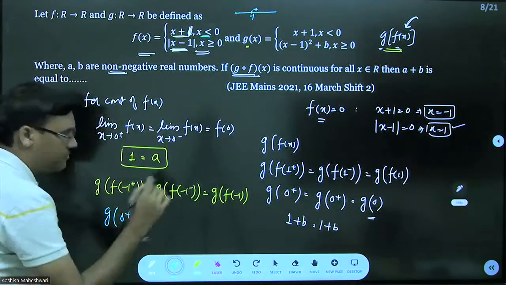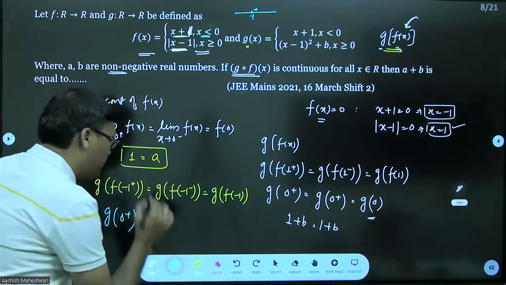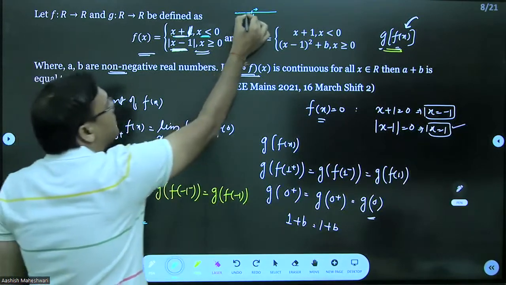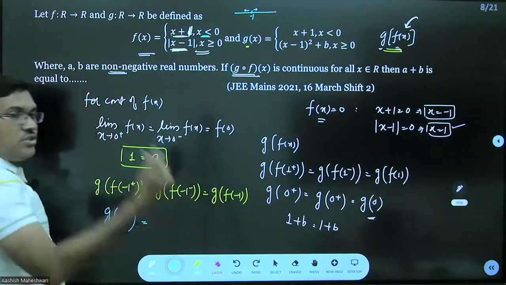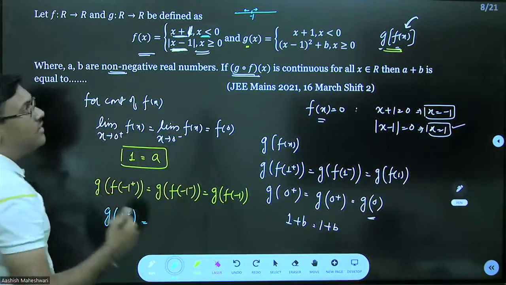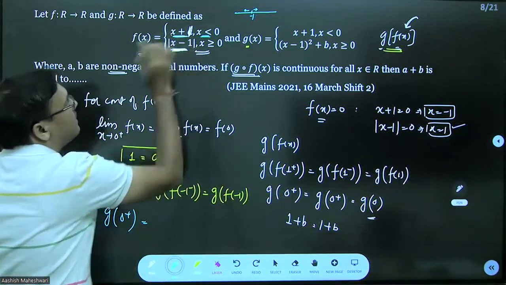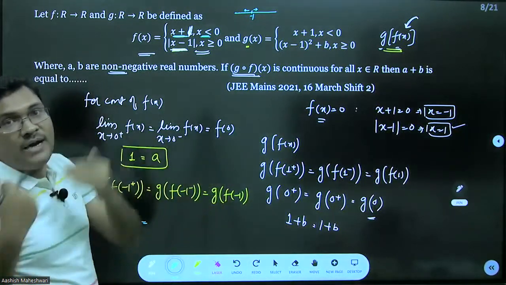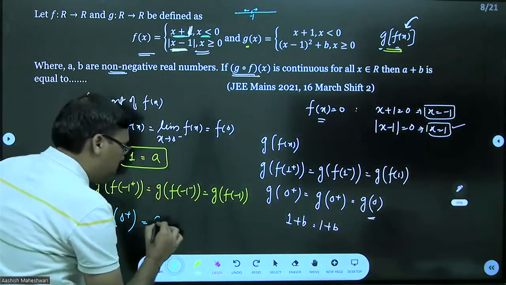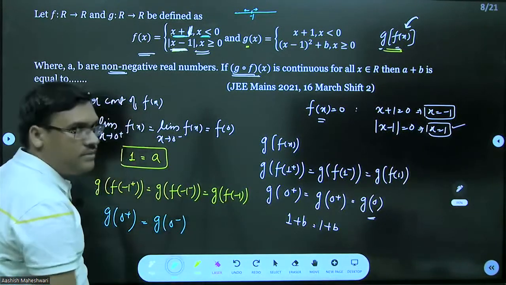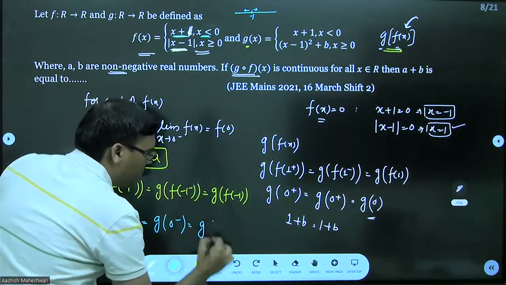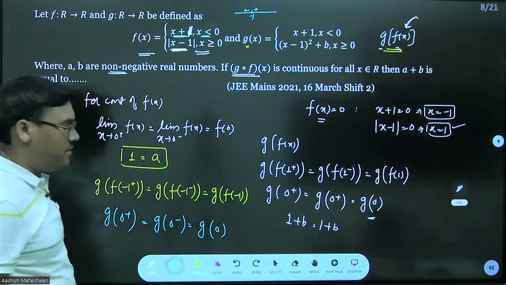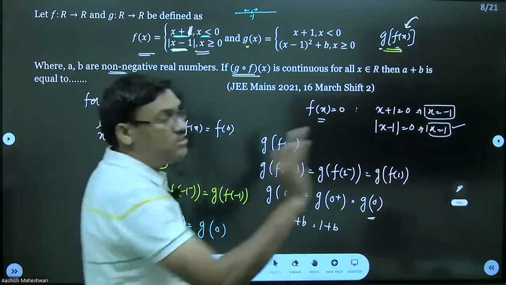g0 प्लस, करेक्ट, ये इक्वल टू, अब -1 माइनस पुट करोगे तो आप ध्यान से देखो, -1 माइनस मतलब आप इस साइड की वैल्यू पुट कर रहे हो, -1 से छोटा, ठीक है, -1 से लेफ्ट साइड का, मतलब ये जो वैल्यू होगा वो एक नेगेटिव वैल्यू होगा, -1 पुट करोगे 0 आएगा, बट दैट विल बी 0 माइनस नेगेटिव वैल्यू, सो ये g0 माइनस है, और ये क्या है g, व्हाट इज f ऑफ -1, f ऑफ -1 पुट करोगे तो वो तो 0 है ही, करेक्ट। नाउ व्हाट इज g0 प्लस,